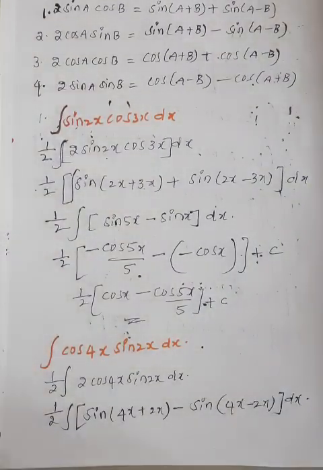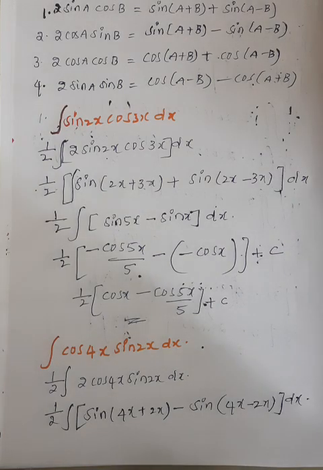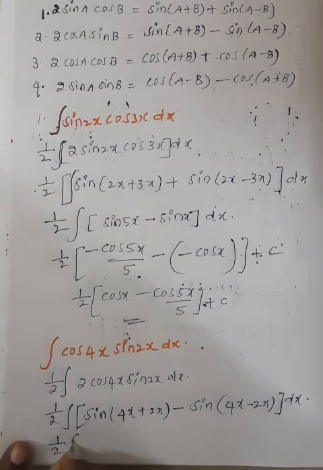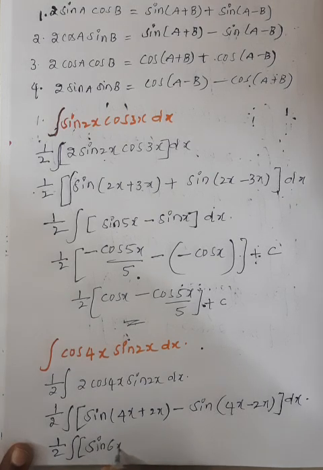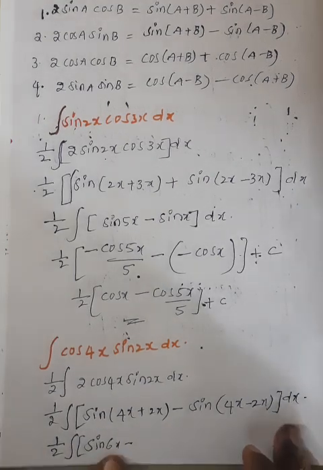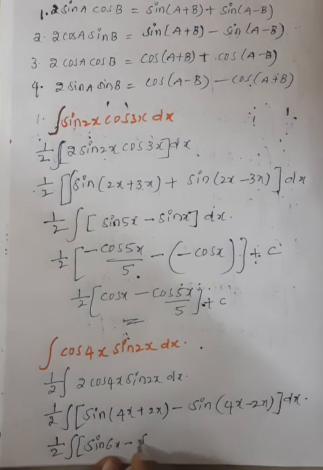So here sin 4x plus 2x is sin 6x. So 1 by 2 integration of sin 6x minus sin 4x minus 2x will become sin 2x